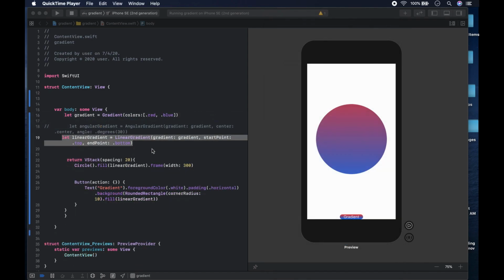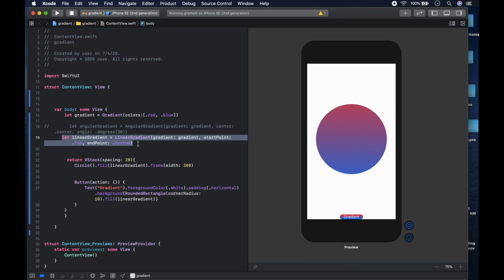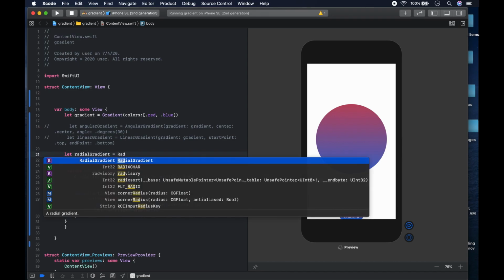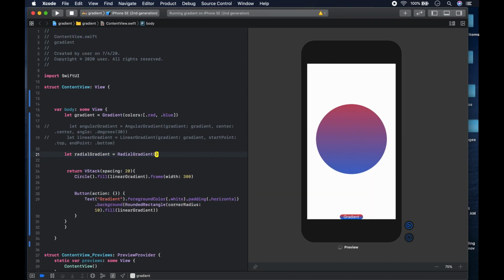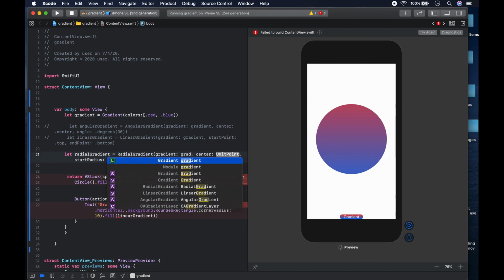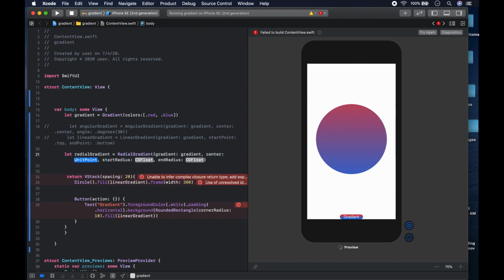Third and final gradient is the radial gradient. The radial gradient radiates, if we could put it like that. And how we could see it is we could come here and comment out the linear gradient, and after that we could say let radial gradient equals radial gradient, like so. And the radial gradient takes a couple of things. It takes in the gradient. The gradient can just be our color that we supplied. The center can be dot center,